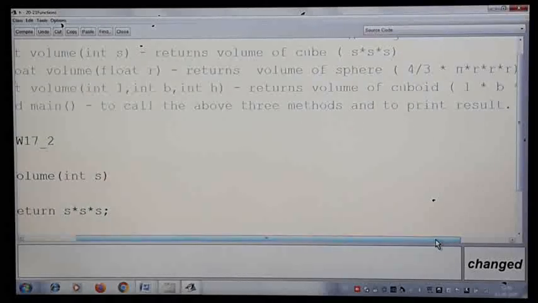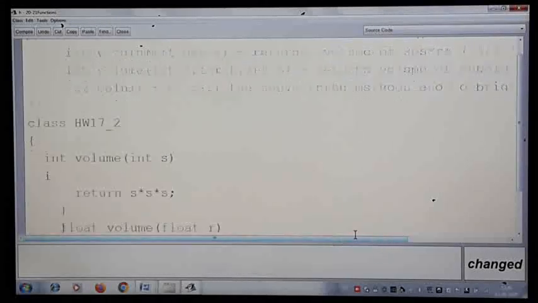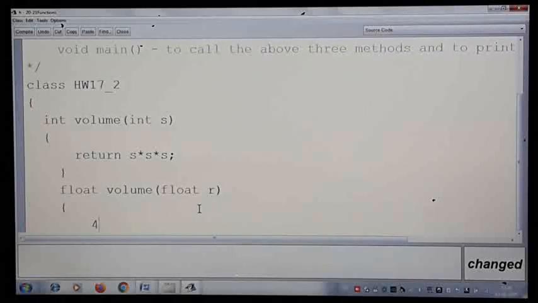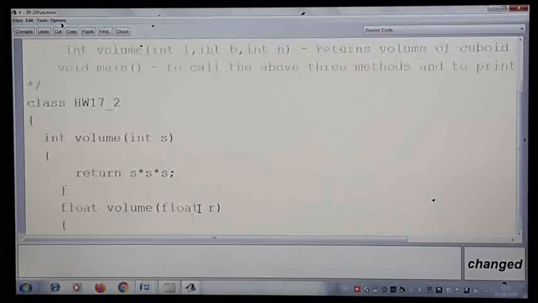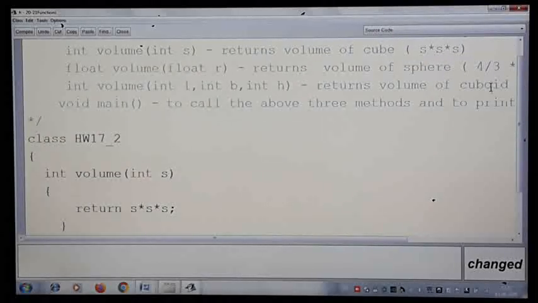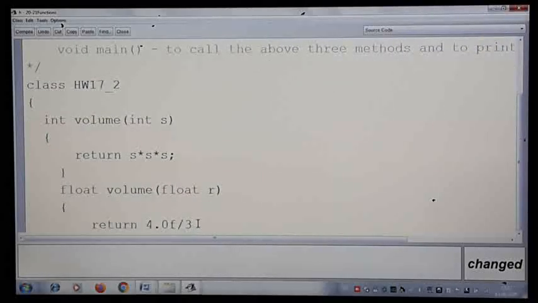So 4 by 3, 4.0f. We write return 4.0f by 3. As you all know, with int by integer you will not get the fractional part. That is the reason I made it float by integer here, so that you will get the fractional part.